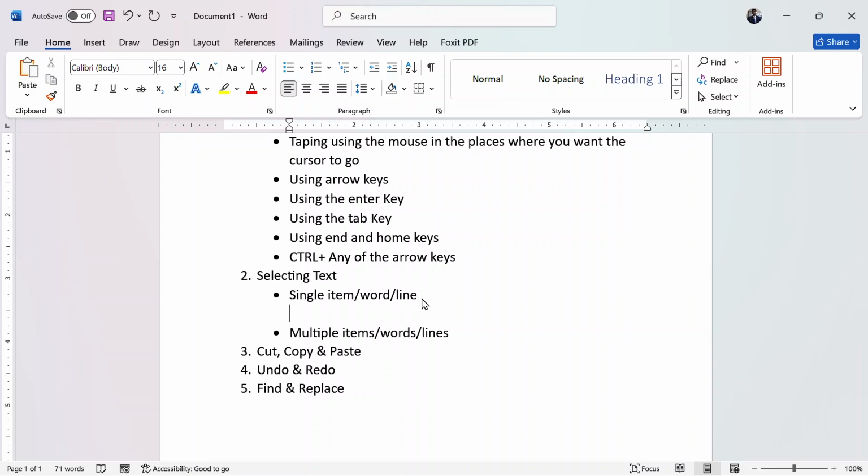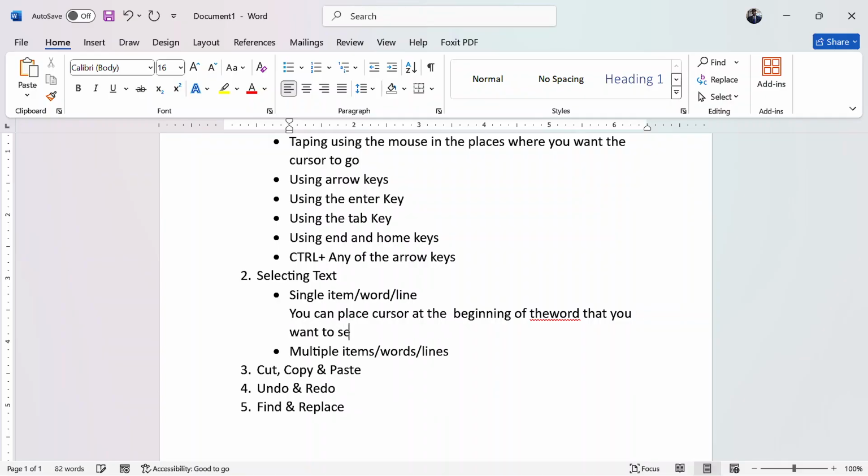In that mode, you can place the cursor at the beginning of the word that you want to select.